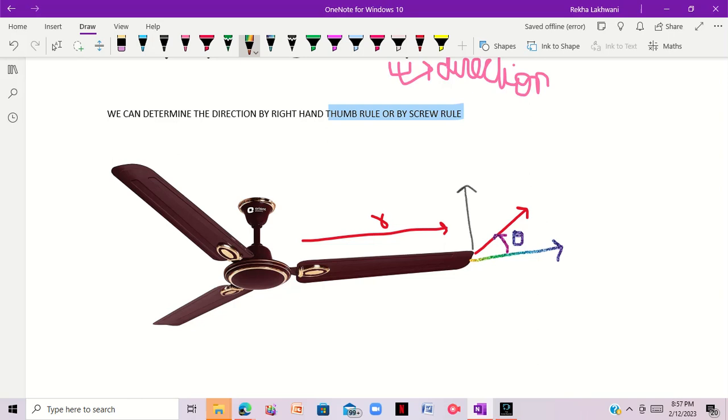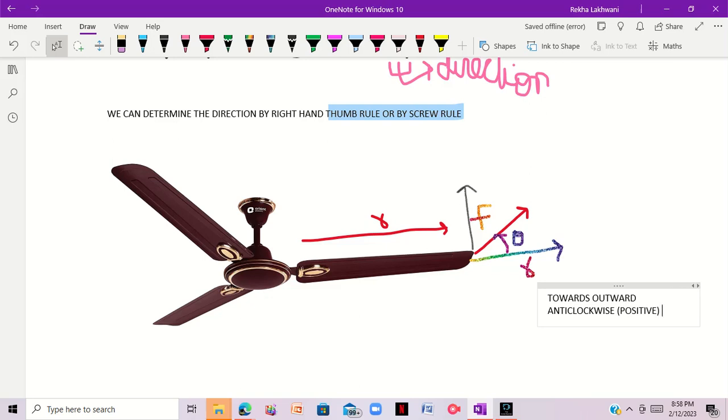What will happen, you have to curl your fingers from vector R to vector F. Curl your fingers and you will see your thumb will be pointing outward, right? Basically outward. So it means the direction is anti-clockwise,